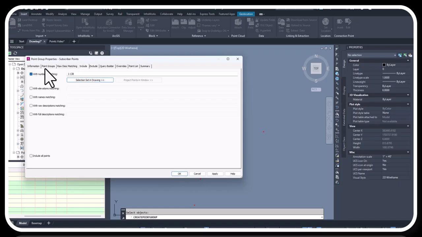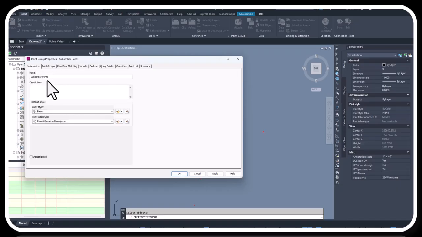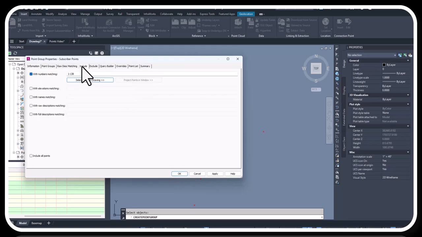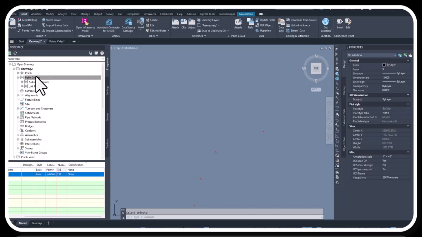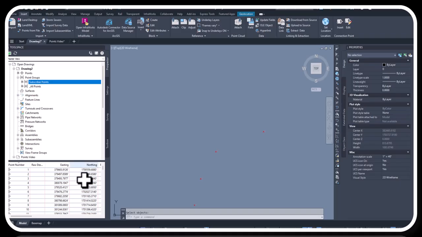So we just need to give it the name, subscriber points, and then we're going to play with the styles here in a second, but let's at least get this loaded in, and then we're going to include points 1 through 138. Apply. Okay. So that gives us a subscriber point table, which I realize is the same as the all points, but try to imagine that there's other points in here. It's different than this. So you notice right off the bat what happened is it assigned it a kind of default